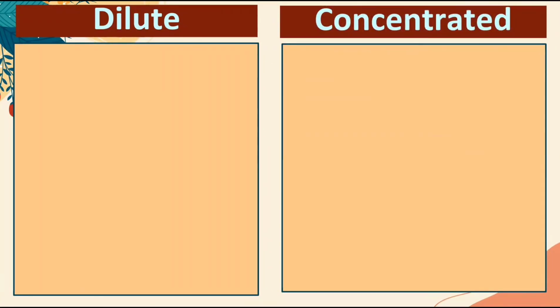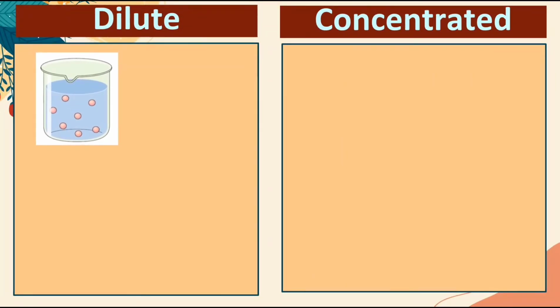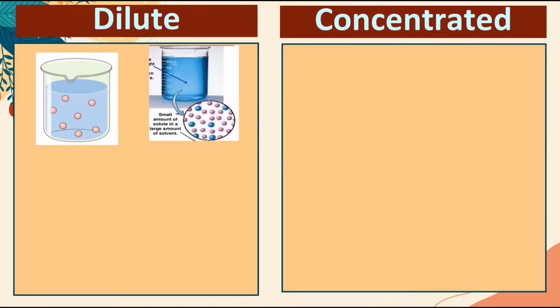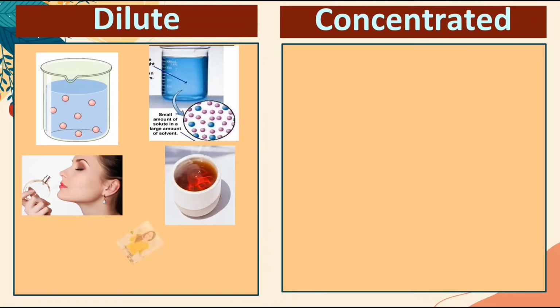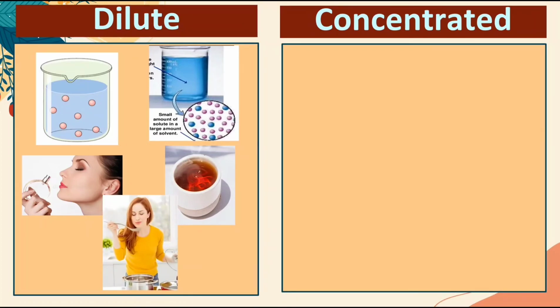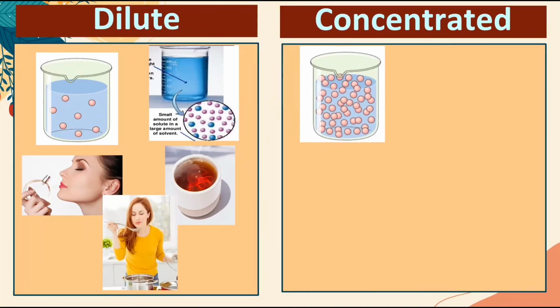Let's sum up the difference between the dilute solution and concentrated solution. Dilute solution has a little amount of solute in a given amount of solvent. However, in a given amount of solute, dilute solution has greater amount of solvent. Dilute solution has a mild scent, lighter in color, and mild taste,